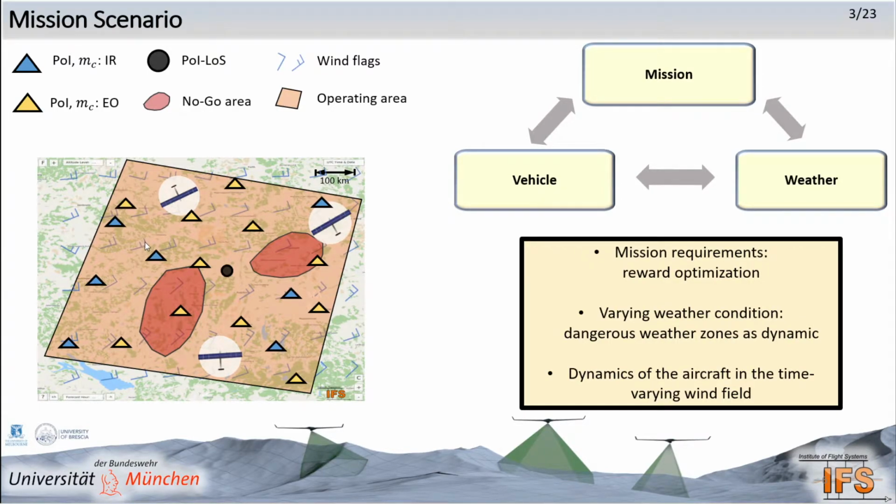And as you can imagine, with the speed that the platform is going, especially the weather related obstacles must be considered dynamic obstacles. Furthermore, given the low speed of the platform, it also implies that we need to consider the wind field. So this is a highly complex planning problem.